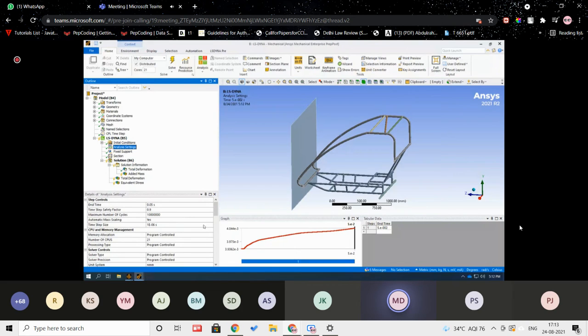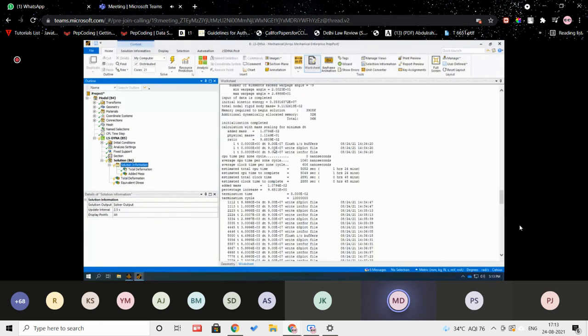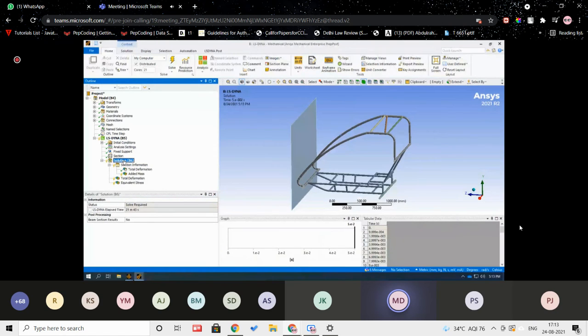Okay, so I would just suggest you please play with these parameters. Use mass scaling, vary the time step. Check without mass scaling, check with mass scaling how much time it is taking and how much mass it is adding from here, and find out your optimum time step. Then with that optimum time step, try to run the analysis and compare without mass scaling. That will give you a proper understanding of how these things work.